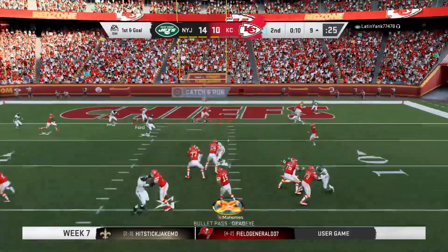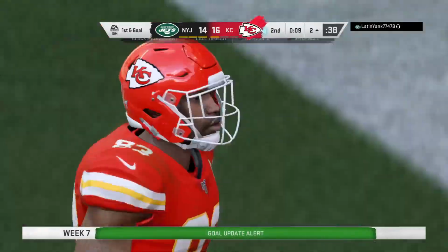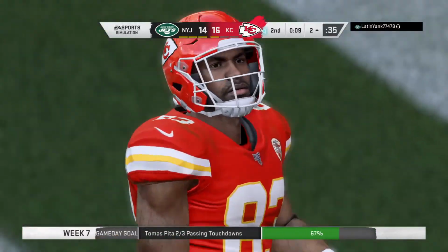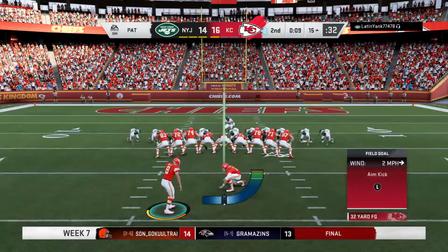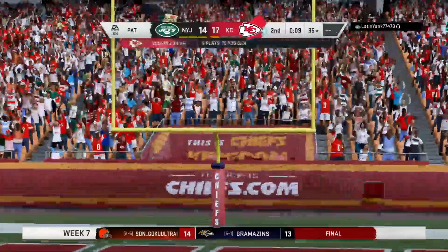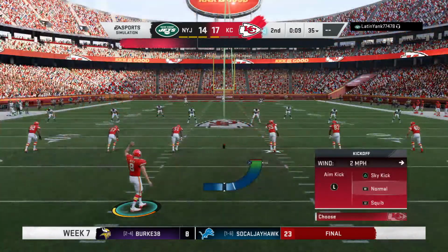Now it's Mahomes again. And that is caught. Touchdown, Kansas City. A 9-yard touchdown grab. And the Chiefs are once again going to retake the lead. He was on point throwing the ball right there. He had the big play to get him down close, and then he delivers a touchdown pass on 1st and